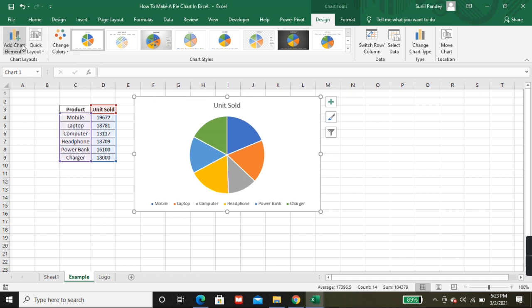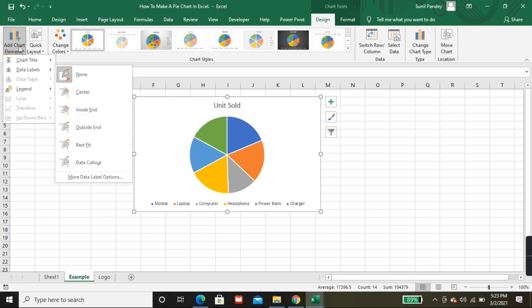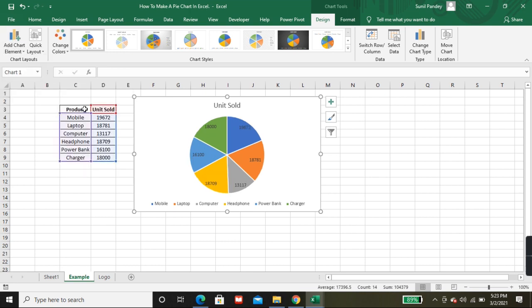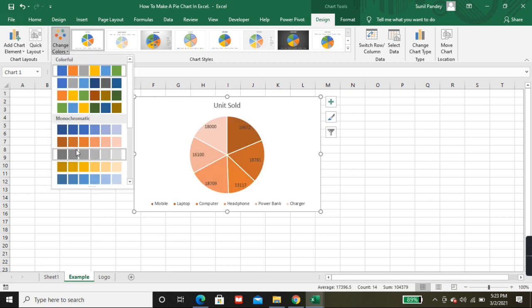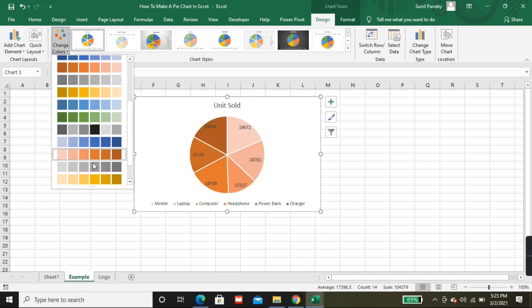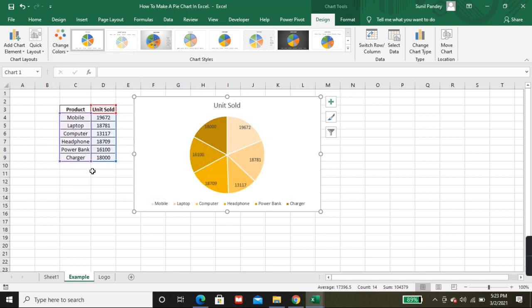Okay, add chart elements. See, if you want to add data labels, you can add them from here only. Best fit, I'll select the best fit or inside end. Okay, you can change the color from here, whatever color you want to choose, you can choose it from here.